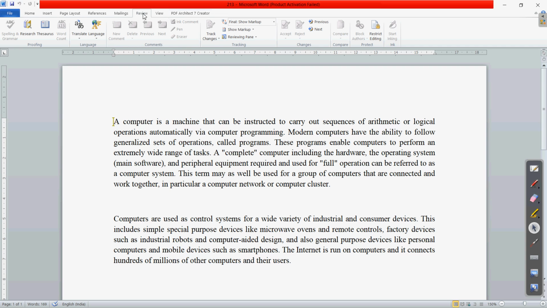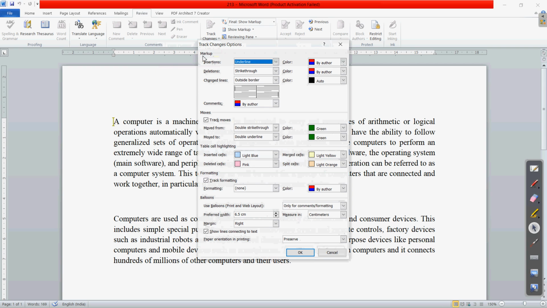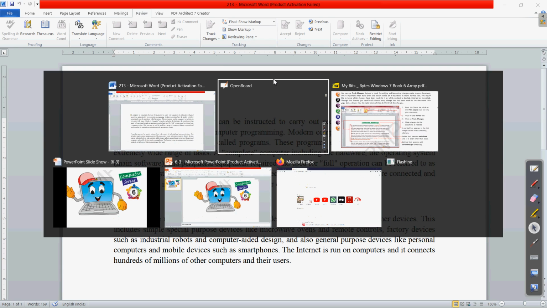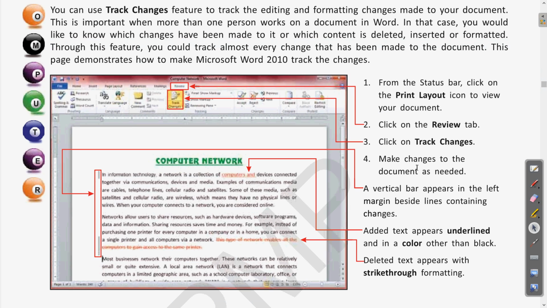So here is the review tab, and we have to click on track changes. Clear? So if I click on this track changes, we have these options. Okay, so we will just see what we have to select and the different things we have to choose.